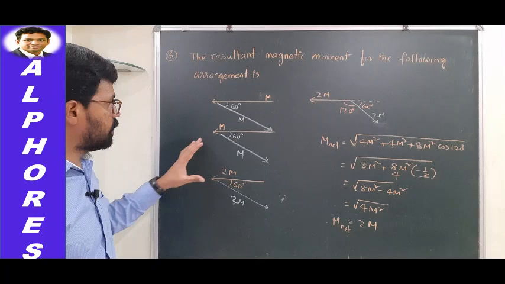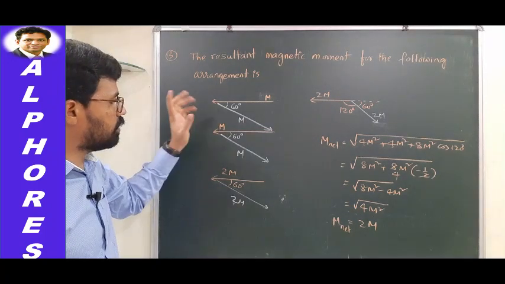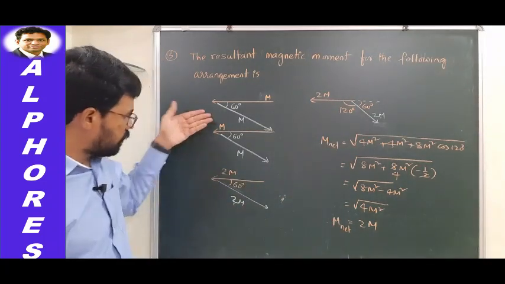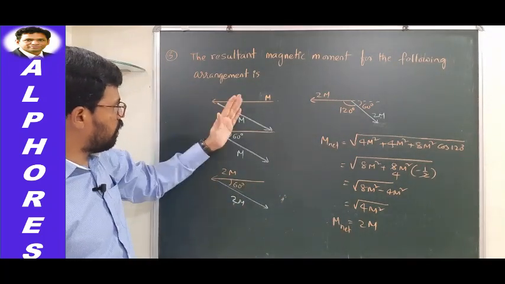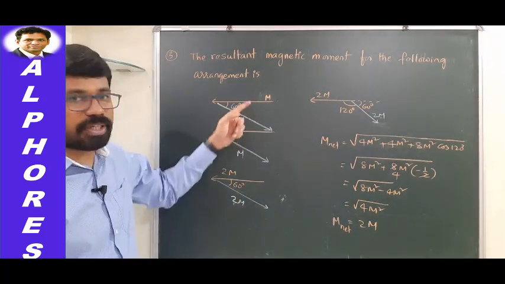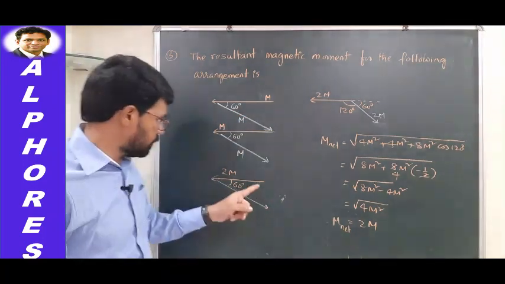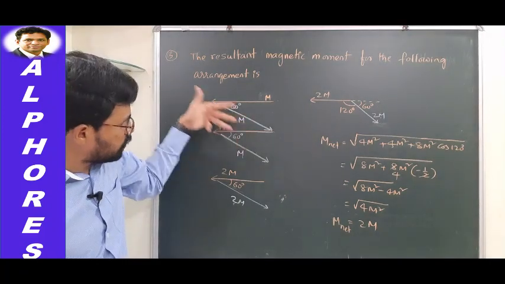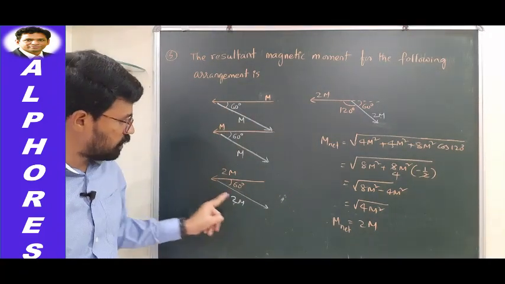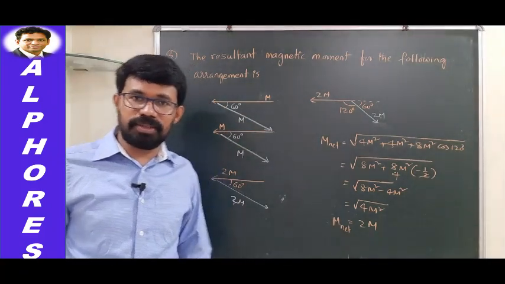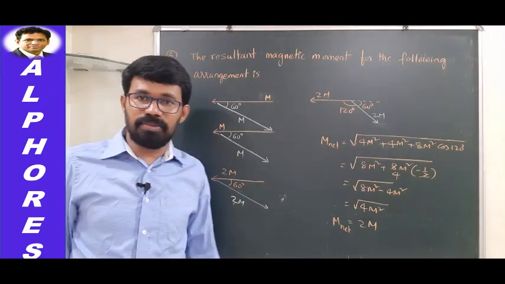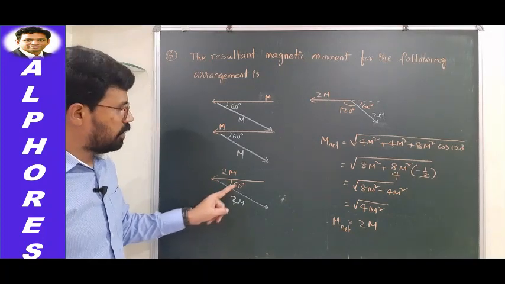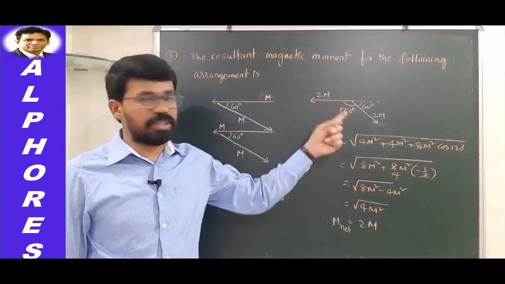Okay, so there should not be any confusion when you are trying to identify the angle between the vectors. Okay, so that I have redrawn the diagram like this. Since these two are along the same direction, corresponding to these two vectors, you can represent only a single vector, and that single vector's magnitude is equal to how much? 2m. Okay, and corresponding to these two, this one and this one also, you can represent one single vector whose magnitude again it is equal to 2m, because these two are parallel. So angle between them is 0. So resultant will be equal to 2m, and again this arrangement can be redrawn like this.